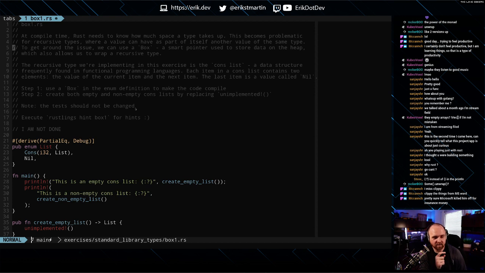The recursive type we're implementing in this exercise is the cons list, a data structure frequently found in functional programming languages. Each item in a cons list contains 2 elements, the value of the current item and the next list item. The last item is a value called nil. Use a box in the enum definition to make the code compile. Create both empty and non-empty cons lists by replacing unimplemented. The test should not be changed.